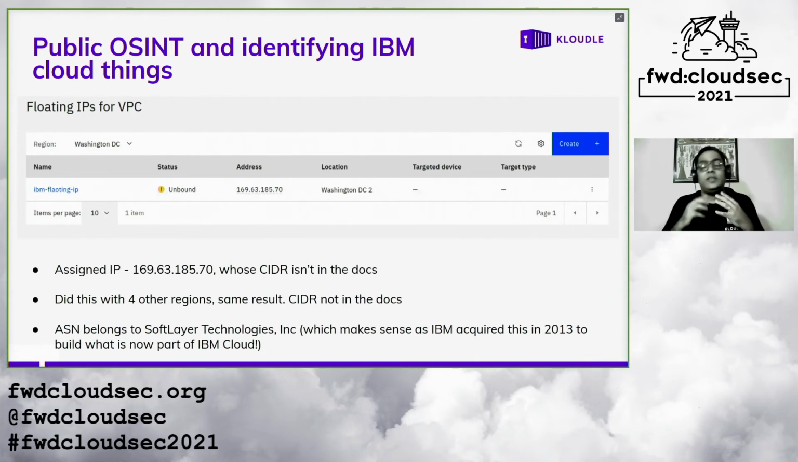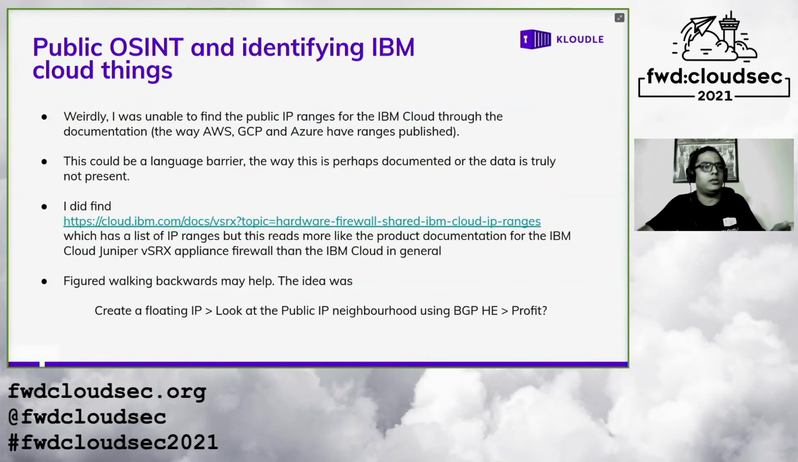169.63.85.70, whose CIDR was not in the docs, right? And just to make sure, I created a bunch of other IP addresses in different regions, and I realized that the CIDR for that IP address was not in the docs. The documentation contains an IP range, right? When you search for it, that kind of reinforces the idea that this is not the public IP